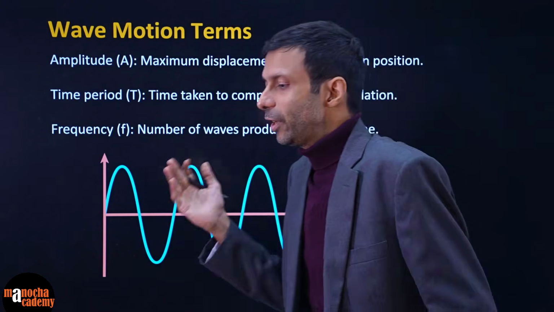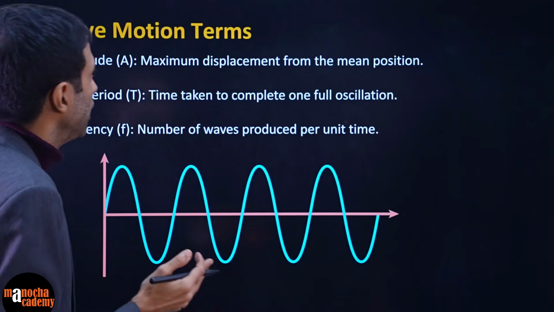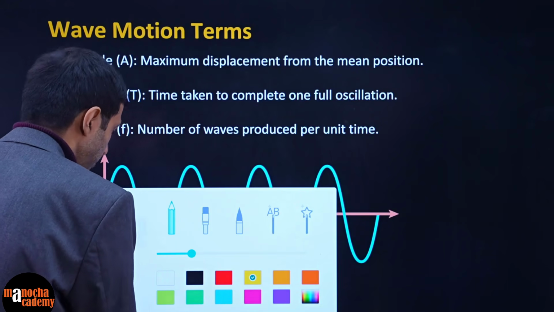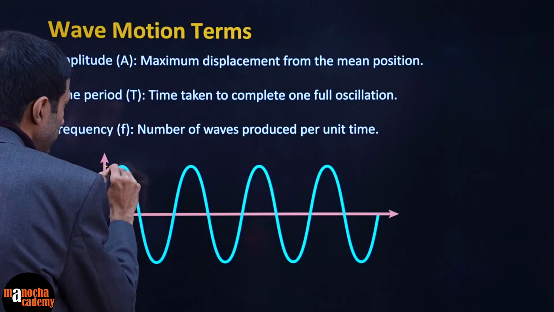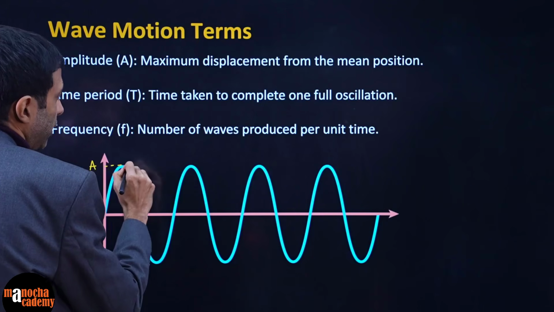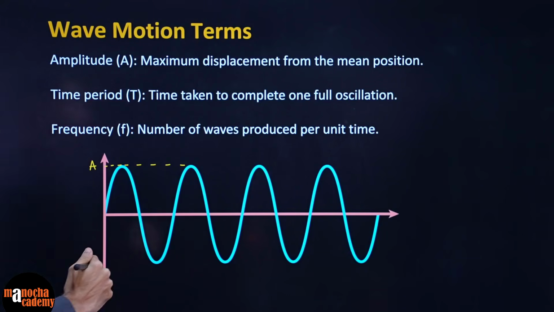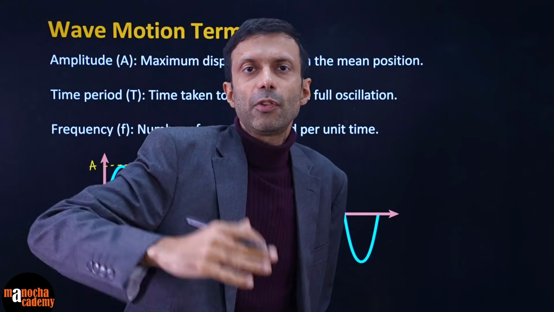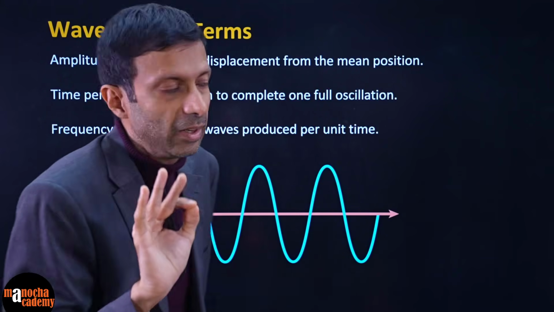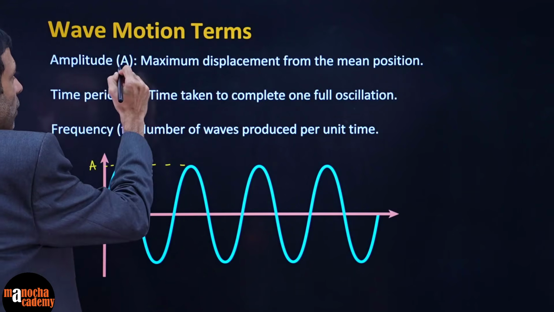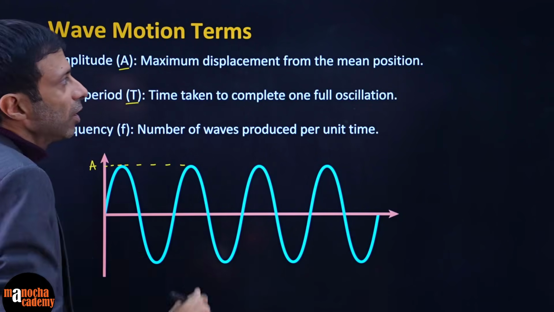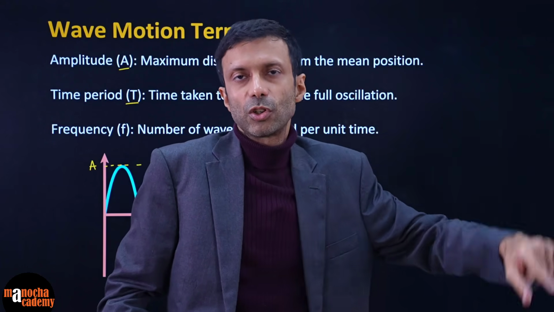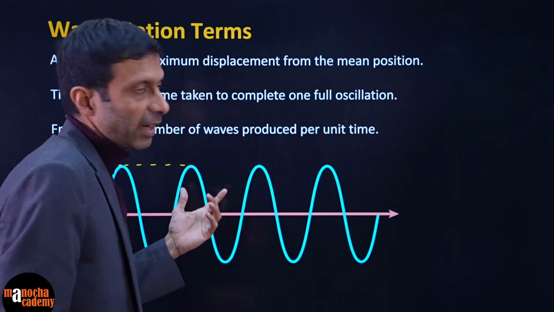So starting with amplitude. Amplitude, all of you remember, it is the maximum displacement from mean position. So clearly here, what is the amplitude? This is the maximum. So this is my amplitude, right? Maximum displacement from mean position, and here it is of the electric and magnetic fields because no particle is displacing, right? It is of the electric and magnetic field. So that is amplitude. Time period is what? Time taken for one complete oscillation, right? One complete oscillation of the electric field and the magnetic field.